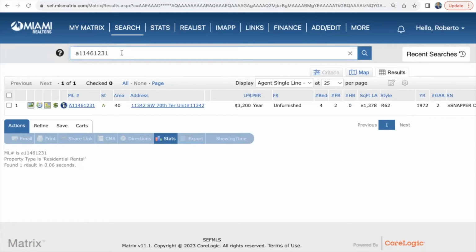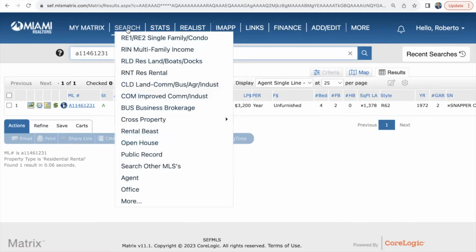Robert, quick question. Yes. I see a lot of MLS records that start with letter A, but some start with letter F. Do you know why? Yes. So in South Florida, there are two real estate associations. There's the Miami Association, which all listings begin with the letter A. And there's the one of the Palm Beaches, which begins with the letter F. So any member of the Miami Association of Realtors, when you list a property, that listing carries the letter A. Any members of the Palm Beaches, that letter is F. Thank you. You're welcome.